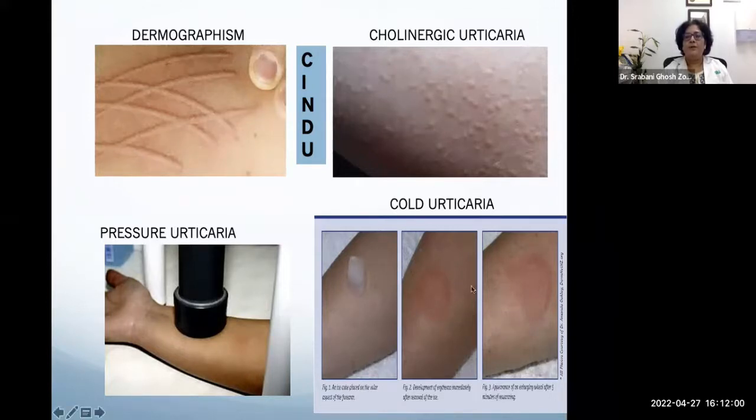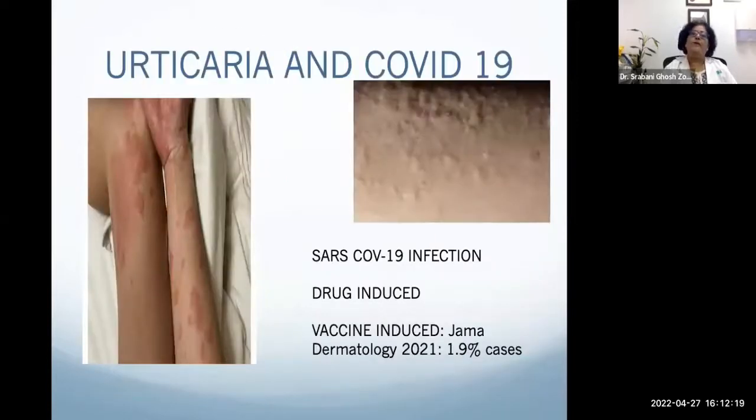And last but not the least is cold urticaria. Application of ice can reveal these urticarial lesions. So this is what we call cold urticaria. And do remember, cold urticaria can be associated with cold hemolysins or cold agglutinin disease. And what about